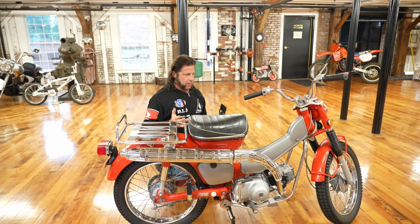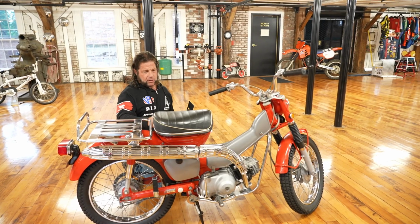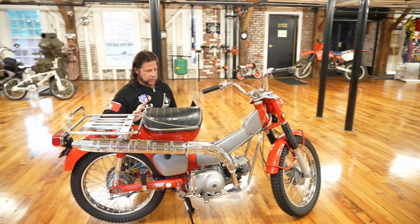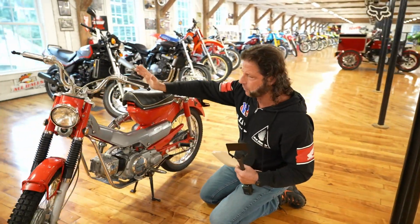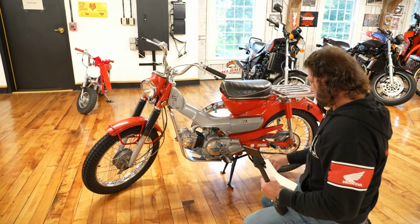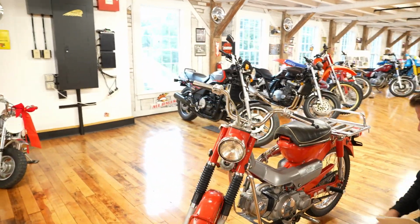Obviously, you wouldn't want to put $3,000 into a Trail 90 that was a piece of crap. When you look underneath the seat and you look at the quality of the upholstery and the chrome and the finish, it probably looked much like this, and you're like, wait, it's way too nice to let go. But with all the nice touches like the brand new levers, the tires, the repaint on here, the touch-up that our team did, the repainting of the center stand and the polishing of all the metal,